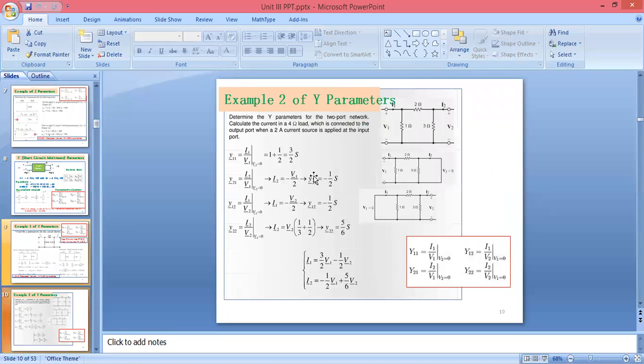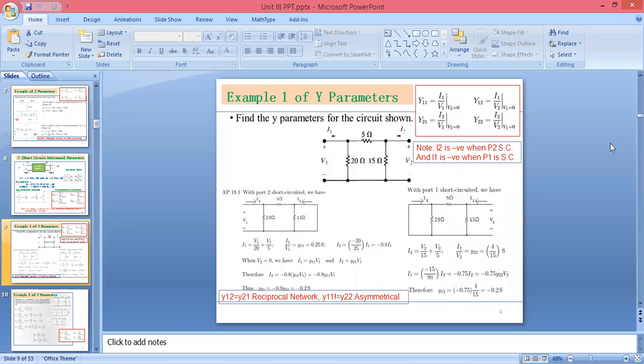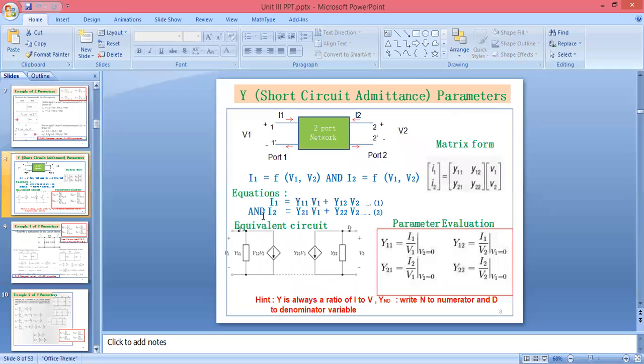You can see here the first example we will see first. So here we have this circuit. They have given one linear circuit. What we have to do here is find the Y parameter. So what are the equations here? That will be port 1, that will be port 2. So what we can do here, with port 2 short circuited, we can make a short circuit, because here what we need is admittance, which will be in parallel with current.